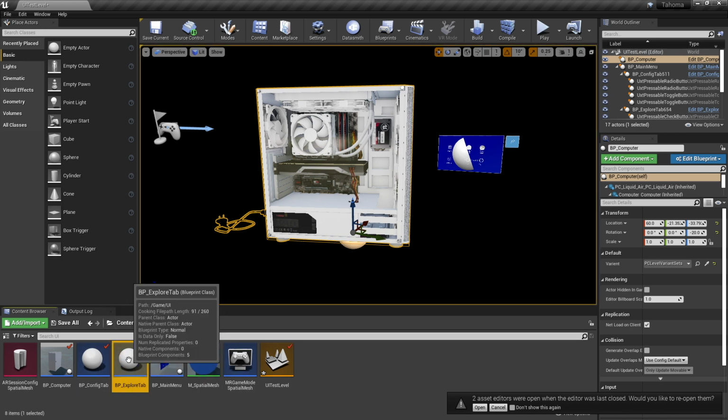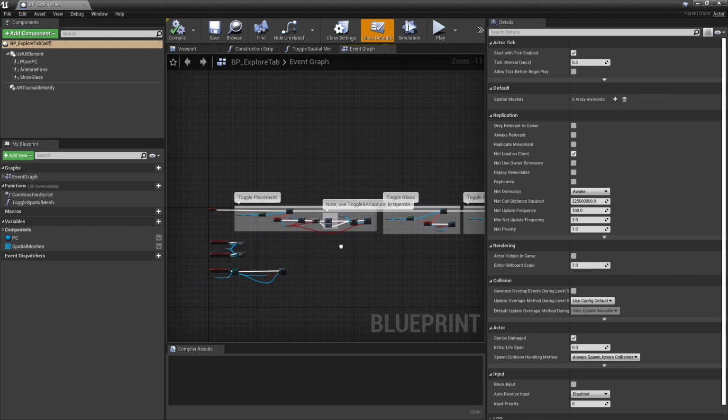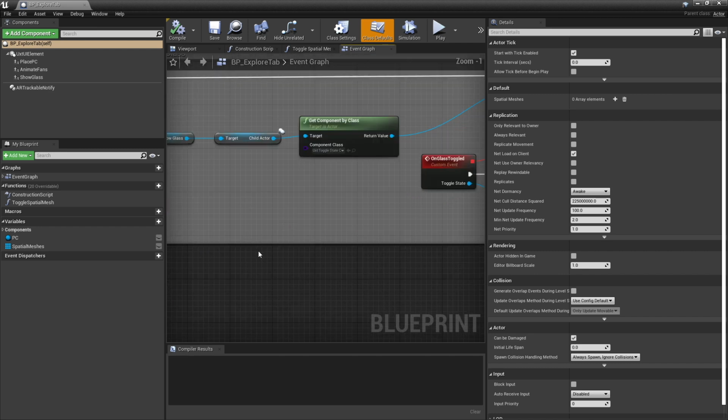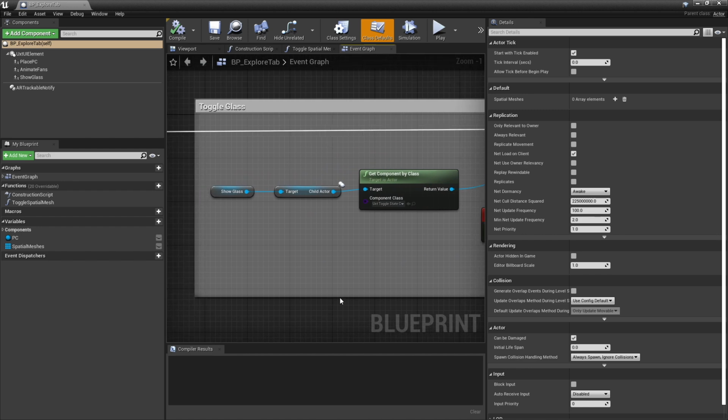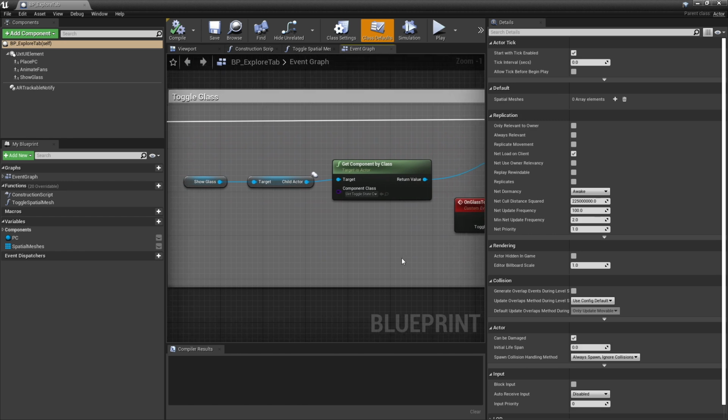So if we open up the Explorer tab, there's a little bit more going on here than the other, but don't worry, we'll go through this step by step. So toggle glass and toggle fans do pretty much the same thing.